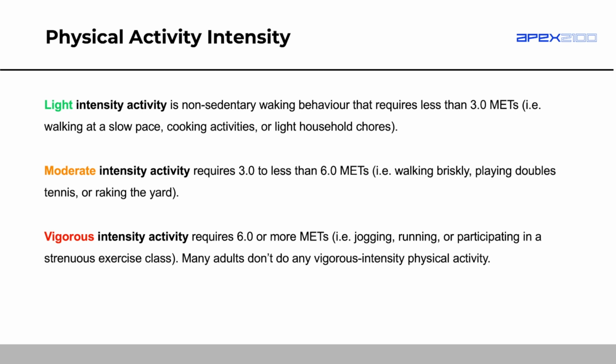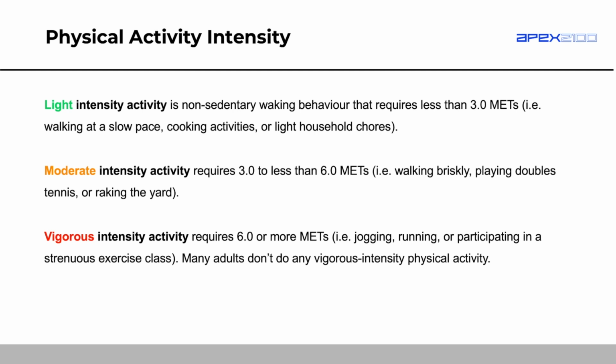Moderate intensity activity is 3 to 6 METs, 3 to 6 times the resting metabolic rate. Also remember that everyone's resting metabolic rate is slightly different, so this could look different for 2 different people. Examples are walking briskly, so a little bit faster now, playing doubles tennis. Obviously, you can play tennis at a vigorous intensity, or at a lighter or moderate intensity. It depends how you're playing. So take it with a grain of salt. These aren't hard and fast rules.